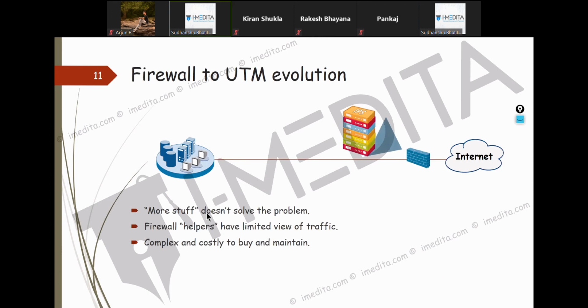The problem with that approach is that if you have worked on Checkpoint, they call all these different features blades. Each individual functionality you enable needs a license, and you activate the blade. Just a fancy word for activating a feature.